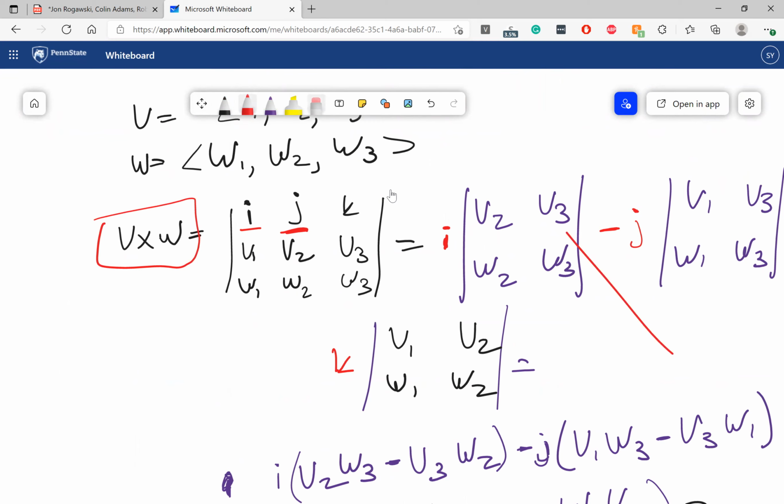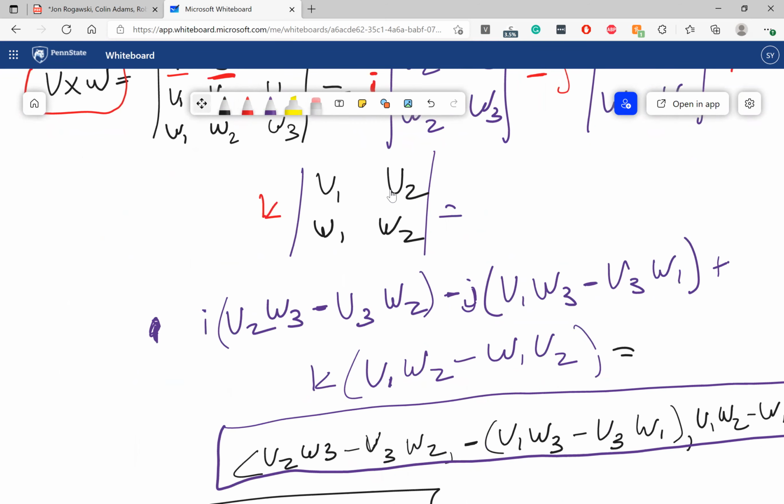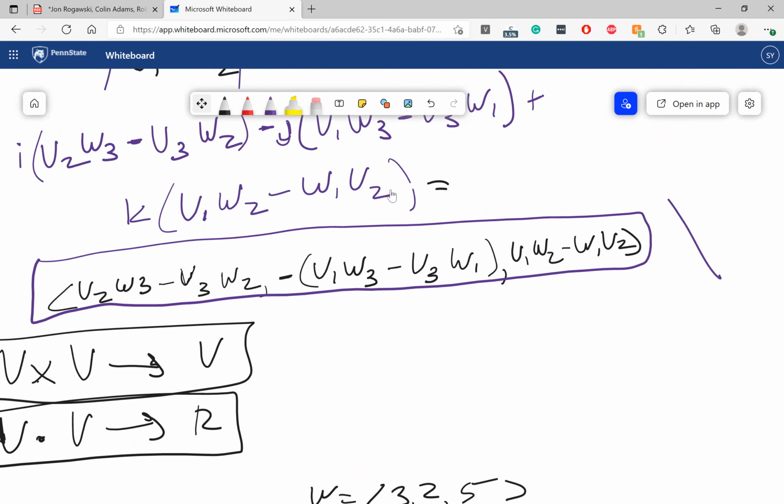And like I said, if you want to verify that these things are perpendicular, what you do is you take this vector, and this is the vector V cross W, and you say, okay, what is V cross W dotted with V. Okay, so what is this? This is going to be equal to,